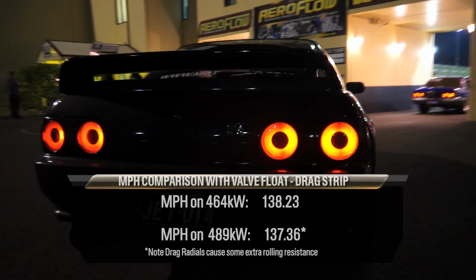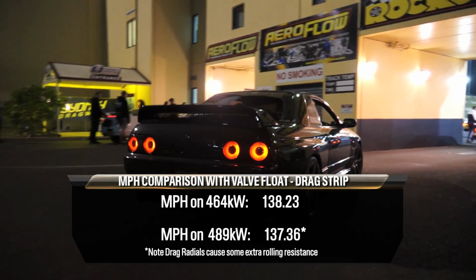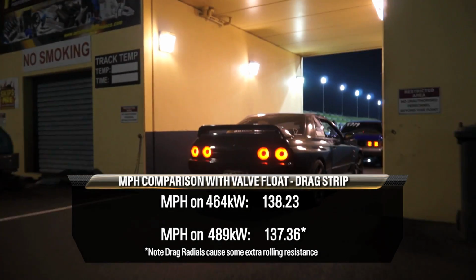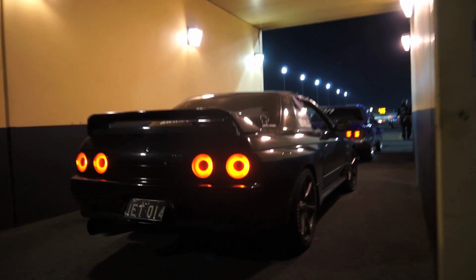10.364 at 137.36. It was a little bit unhappy about doing two 30-pound runs in a row, so it felt a little bit dead up top, but it went 108 to the half mile, so it was honking to begin with, and maybe a bit of valve spring, bit of heat soak up top, but whatever. 10.36 and it was 60 at 155. A 10.3 was much quicker than our PB, however, we lost miles per hour, only reaching 137 when our previous PB was